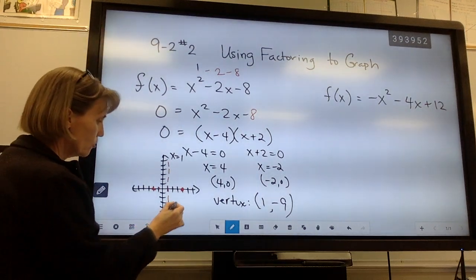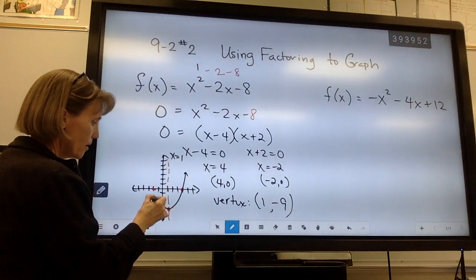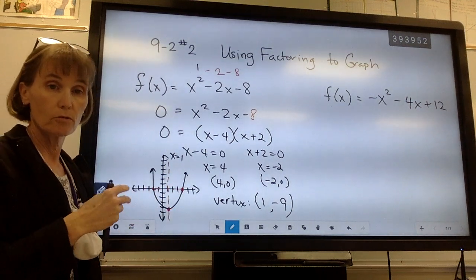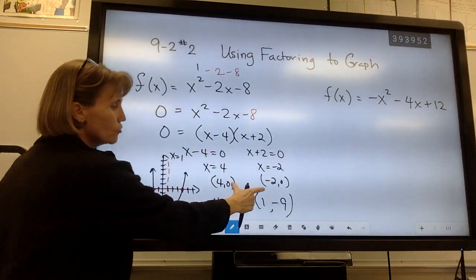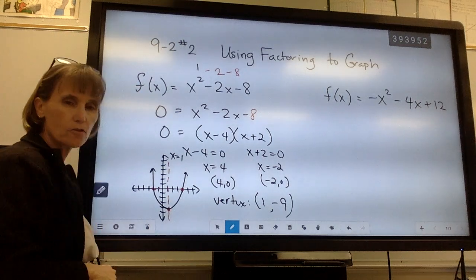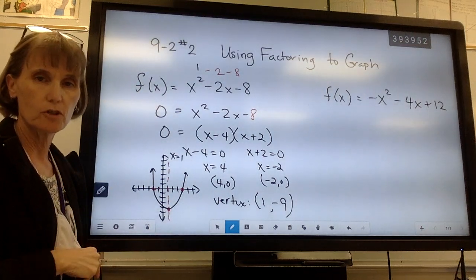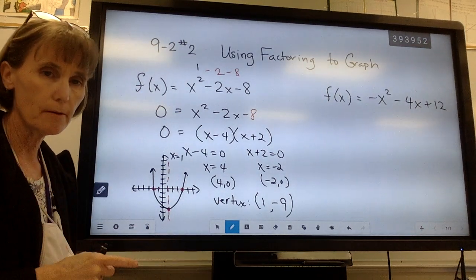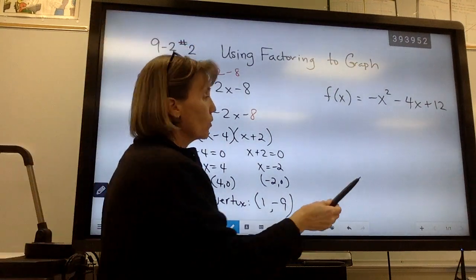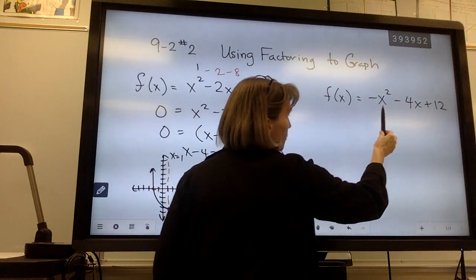And you can make your U-shaped parabola out of that by using those 2 zeros, or those 2 factors, those 2 solutions. We get those. Those are the x-intercepts. And then I can find the vertex and have the 3 points to make the U-shaped graph. Okay, here's a second example, and just remember that when we're factoring, we want to set this equal